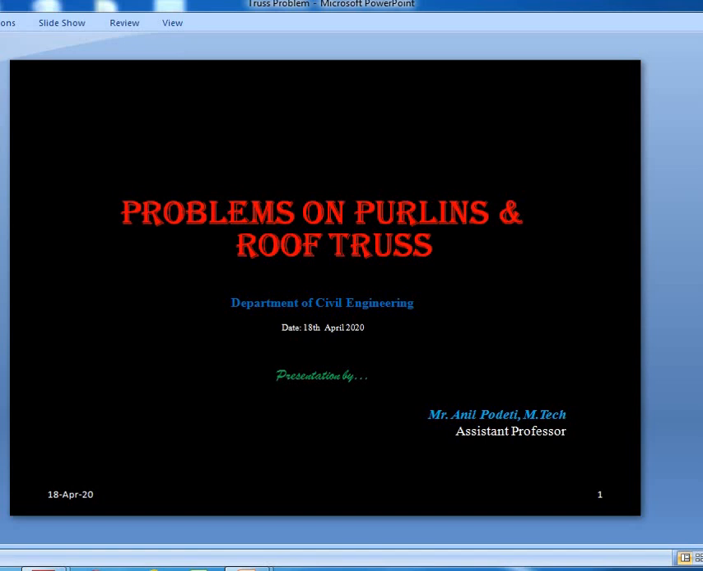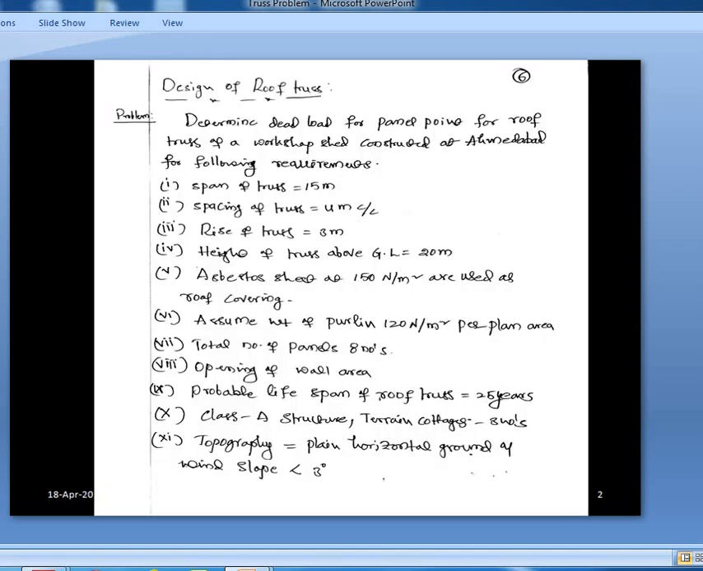In the previous class we discussed problems on purlins. Now let us come to problems on roof trusses. So in this lecture number 5, we are going to discuss a problem on roof trusses, design of roof truss. Coming to the problem,